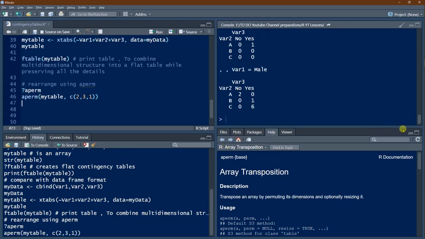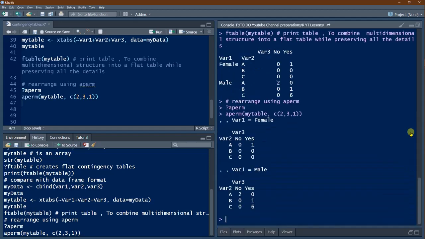Now let us compare the two arrangements. Here we are having var1 as female and var1 as male. So between this general classification of var1 male and female, the other two variables var2 and var3 have been tabulated,